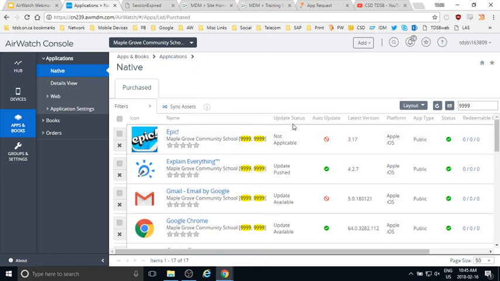The idea I'm trying to convey here really is that you want to physically label your iPads so that when you do have them in AirWatch, you'll be able to set them up so that they reflect what you have in the real world, and you can name them the way you have it in the real world. So that was one piece as far as managing them goes.